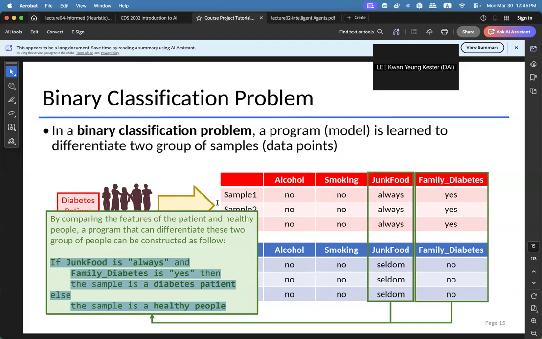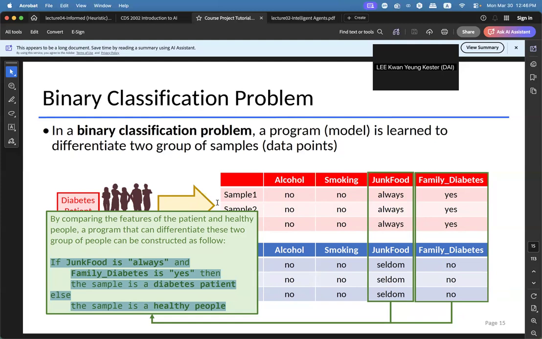In terms of computer processing, for the computer to identify which person has diabetes and which is a normal person, you can give an identifier or label, and your program just outputs the label of the data point.